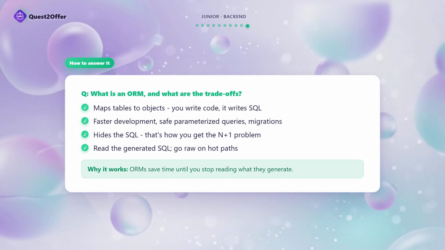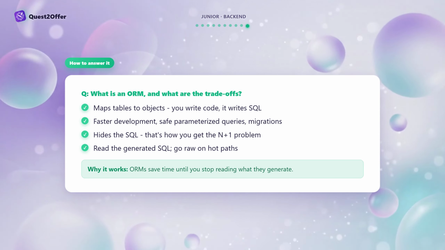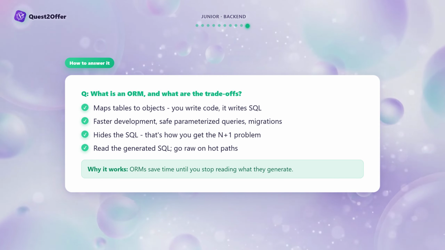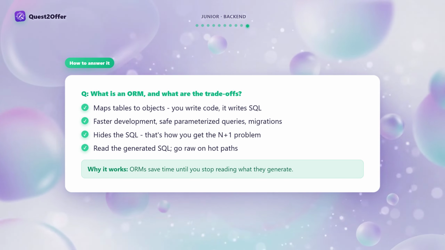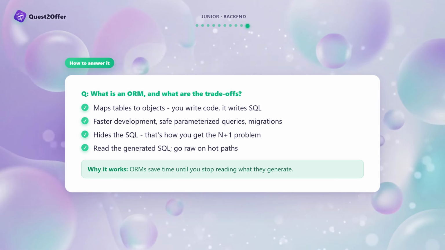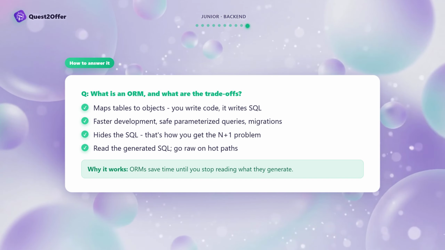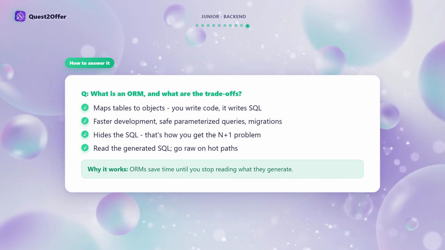The trade-offs: it hides what SQL actually runs, which is how you get the N+1 problem. A query per item in a loop. Use the ORM for normal work, but read the SQL it generates and drop to raw SQL for the hot